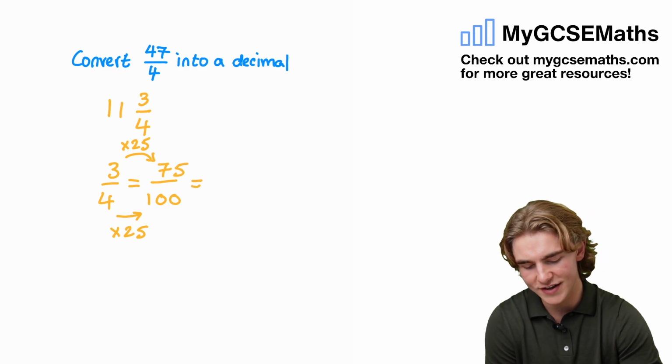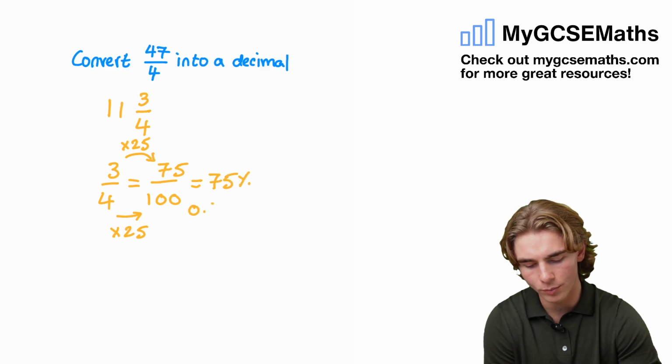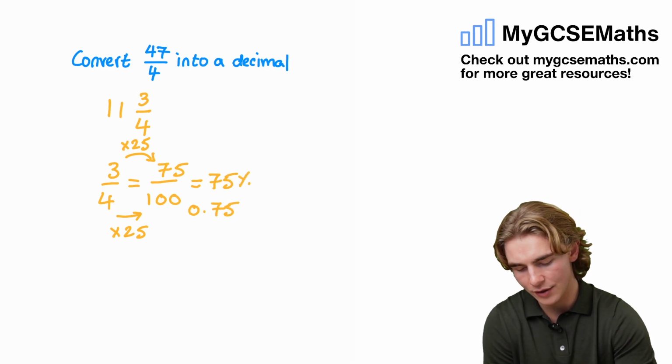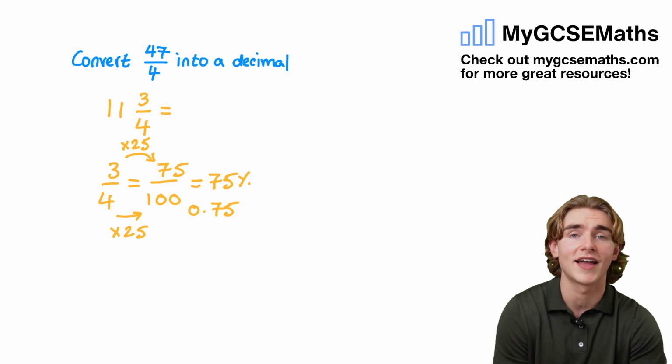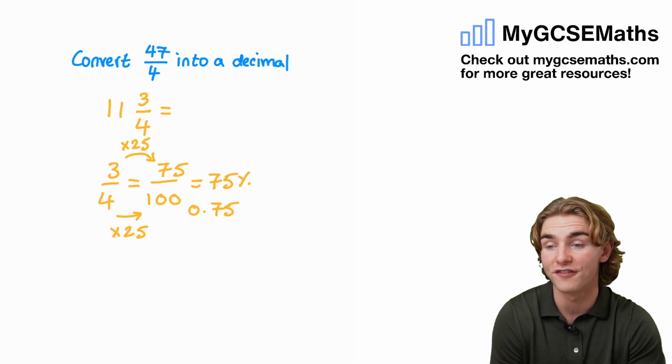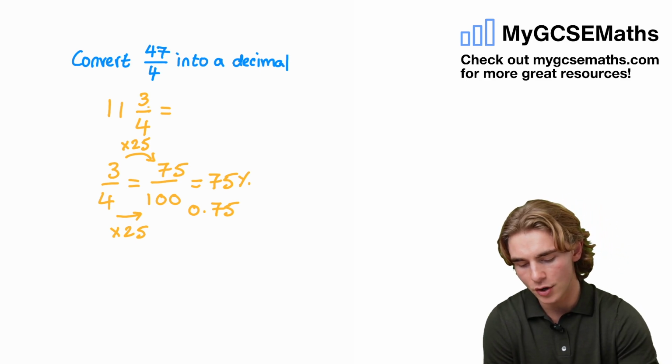That means that our percentage would be 75%. And our decimal would be 0.75. If you're not sure how to do that, guys, consider having a look back at my video on converting fractions into decimals and percentages. From here, guys, we know that our 3 over 4 is equal to 0.75,